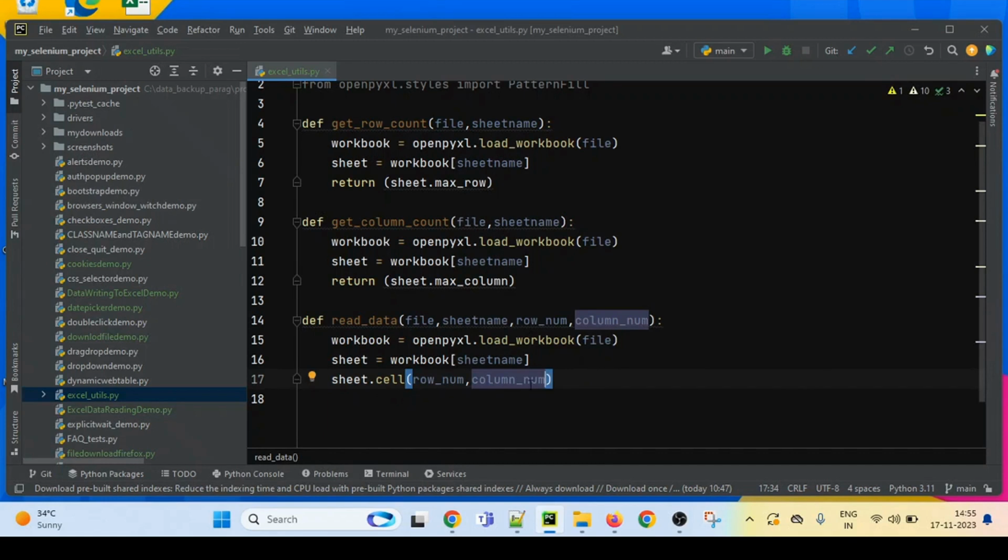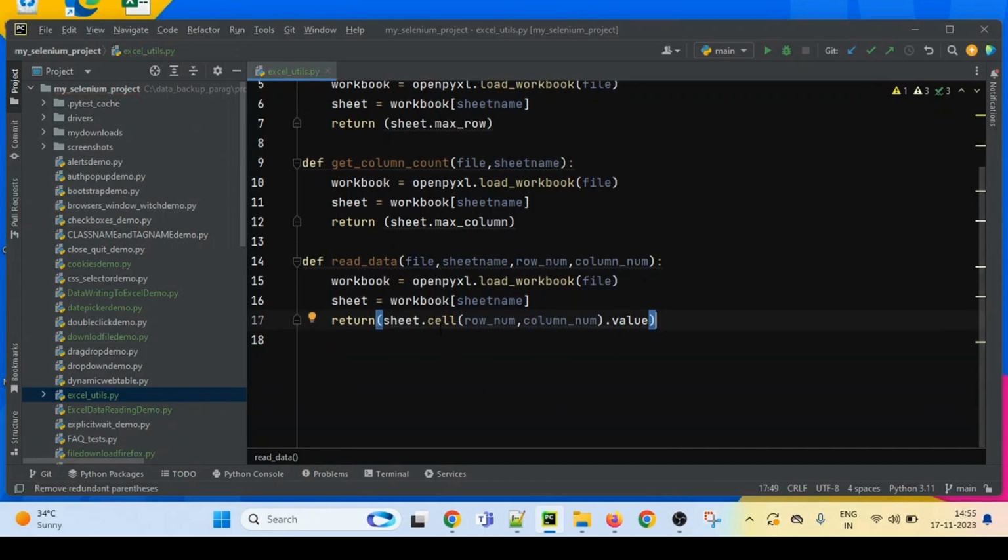So it will extract the data from that specific cell, and we have to return this value. Whenever this function is called, it should return that specific cell value.